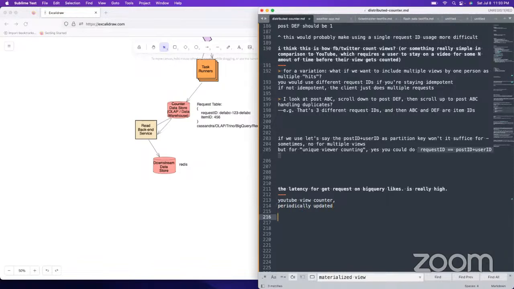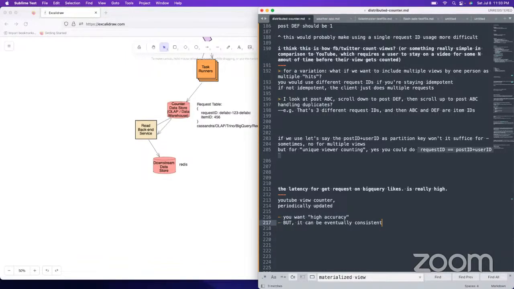You want high accuracy, but it can be eventually consistent. So the number is going to trail behind, or you could even do some kind of thing where you're combining the pre-aggregated results with a count min sketch.